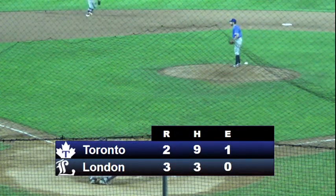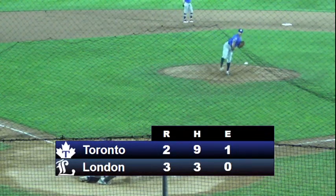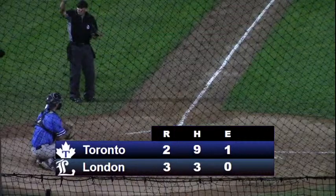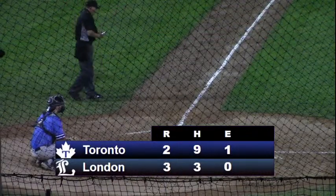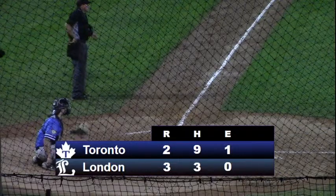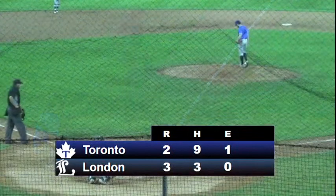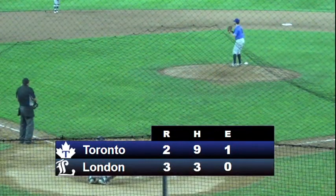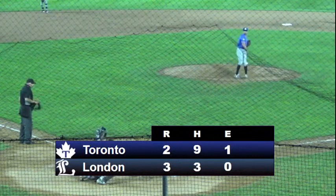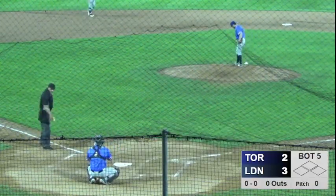So far this season, Asta has pitched in 2 games, given up 13 earned runs in 5 2/3 innings. Those numbers are slightly skewed due to a game against the Barrie Baycats in which the Baycats won 20-19. That's not to make an excuse for Asta, but everybody was hitting that day at Christie Pitts, so he's given up 13 earned runs in 5 2/3 innings. Was actually the losing pitcher in that game against Barrie. So Asta into the ball game here for Toronto,